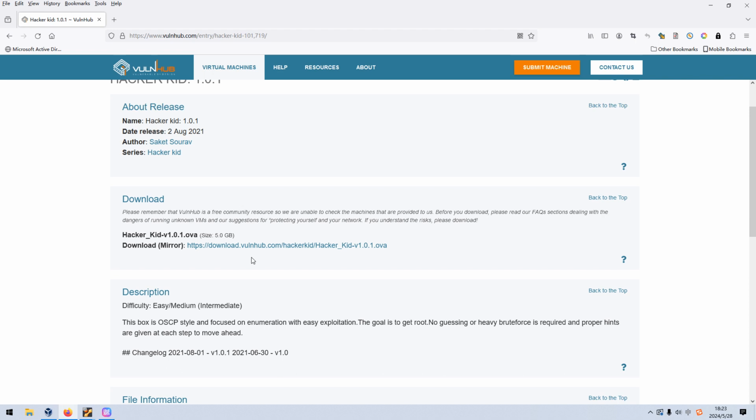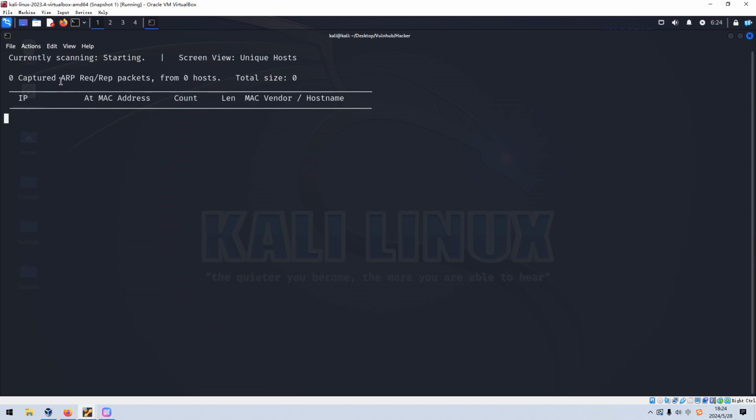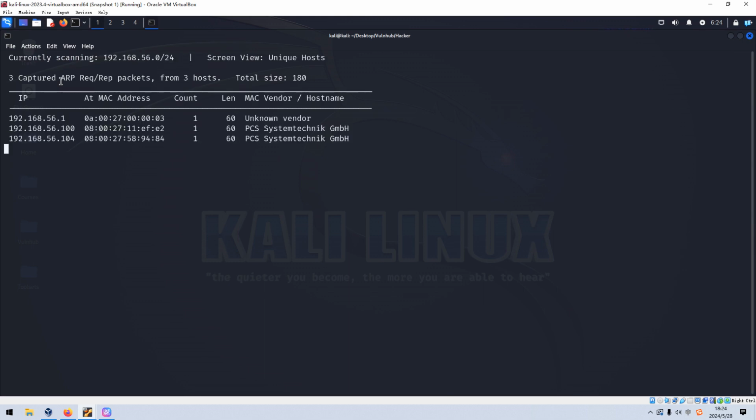So now, without further ado, let's just get started. We can switch into the Kali Linux VM. Above all, we need to discover the IP address of the target. The utility I'd like to use, as always, would be netdiscover. All right, as you can see over here, the IP address of the target could be identified as